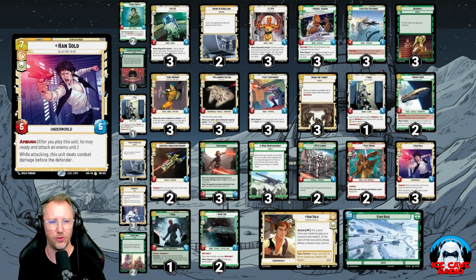Moving on to Han Solo. This is kind of the one you're really looking for with U-Wing, or, you know, if you just have one in your hand, you just want to play it instead of U-Wing. The ambush is great because he can kill something big. I've had Han Solo come in and kill the Rey leader, not take any